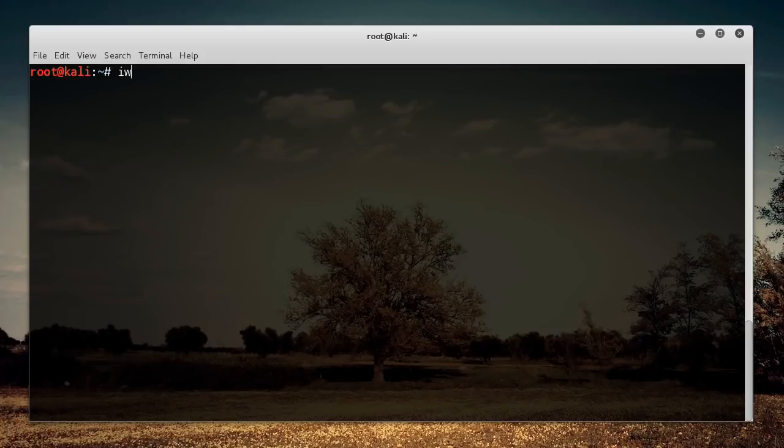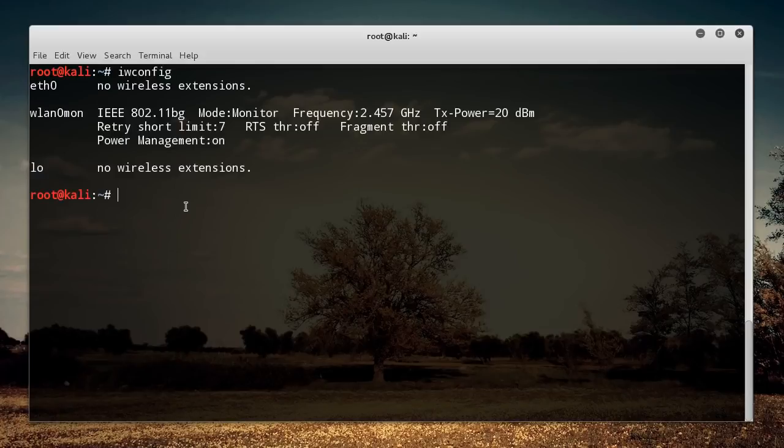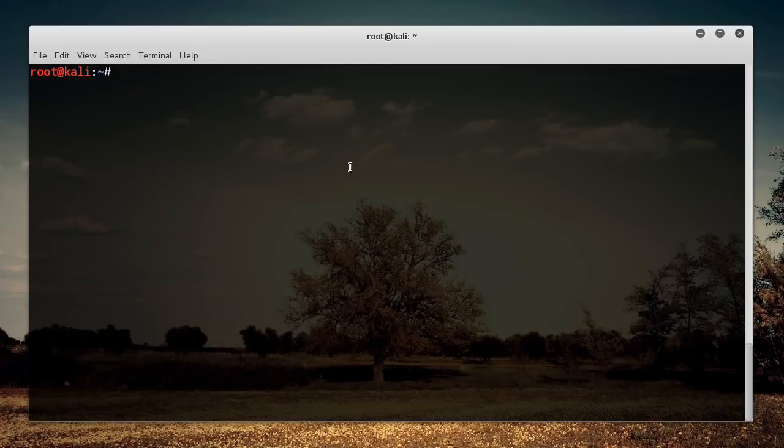Now I already have my card in monitor mode. Well, you guys can see right there. So I already put this in monitor mode before the tutorial, wlan0mon, as you can see. So after this, in order to create a fake access point, the tool to do so is from the aircrack suite,